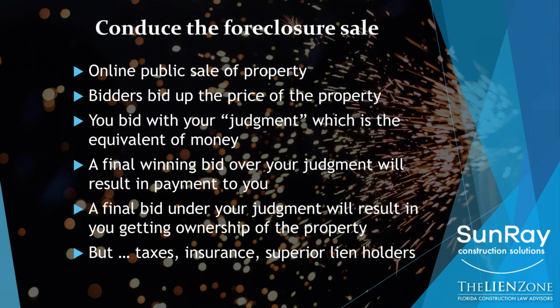So as a result, they may foreclose you out and take ownership of the property from you. Now, this may not sound great, and it could be problematic, but the reality is that most owners don't want to lose their property because they have a lot of equity in it. So if